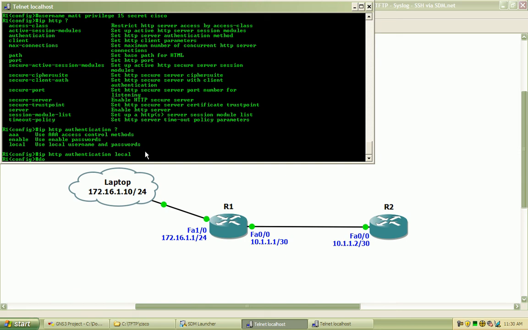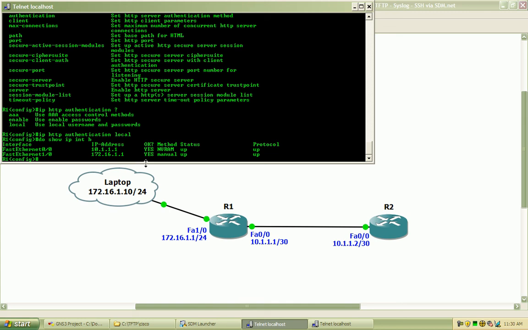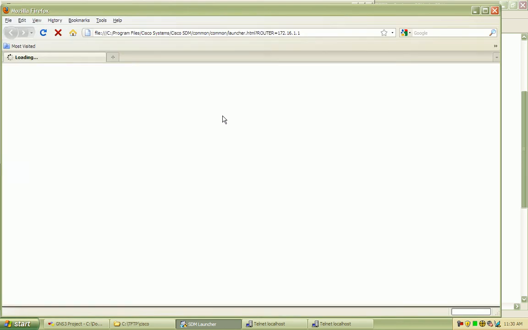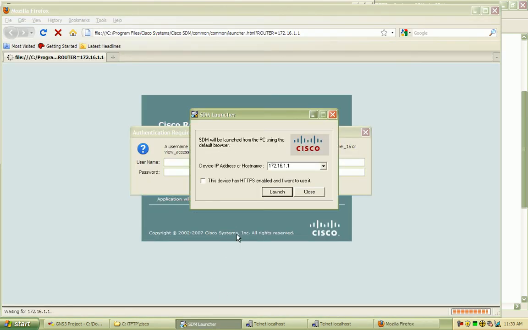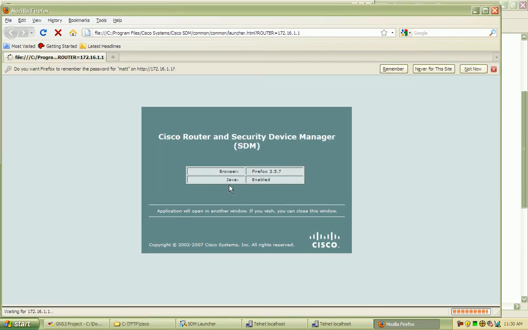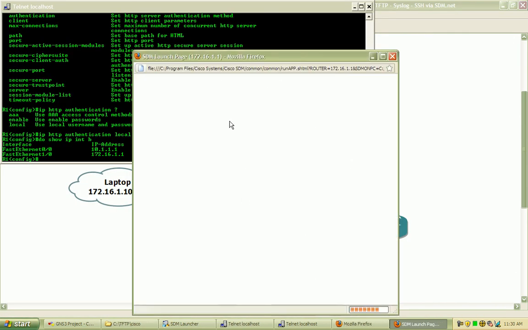If I do a show ip interface brief, I just want to make sure my interfaces are up. Okay, and I'm going to try and bring up a connection through the SDM. So I open the SDM launcher and specify the IP address that I want to connect to and select launch, and that will launch my default browser. I will be prompted with the password, and I will log in using the username and password that I specified when I created the account on the local database. I should be prompted with another window here and whether or not I want to